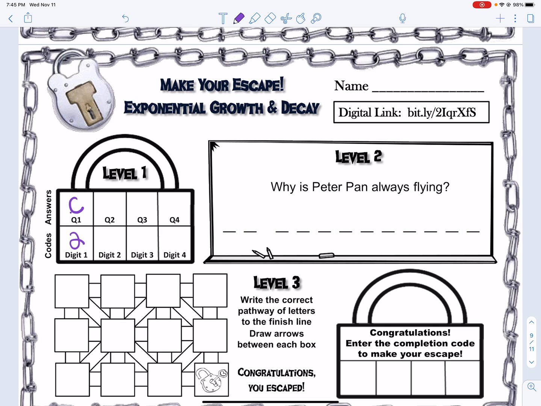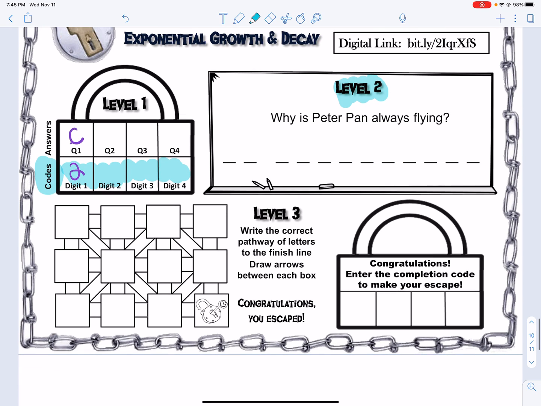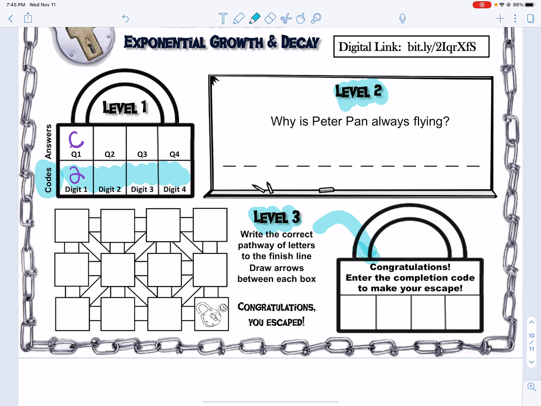finish level 2, and then you'll finish level 3. And when you go into the Google form, it's going to ask you for level 1's code. Here's the word code. So you're going to type in this code. If you get it right, it will kick you to level 2. And then you're going to type in the answer to this, which you're going to get up above. I'm going to do it with you and show you. And if you get it right, it's going to kick you to 3. And if you get that right, then it's going to kick you to the code, and this is the code that you send me.